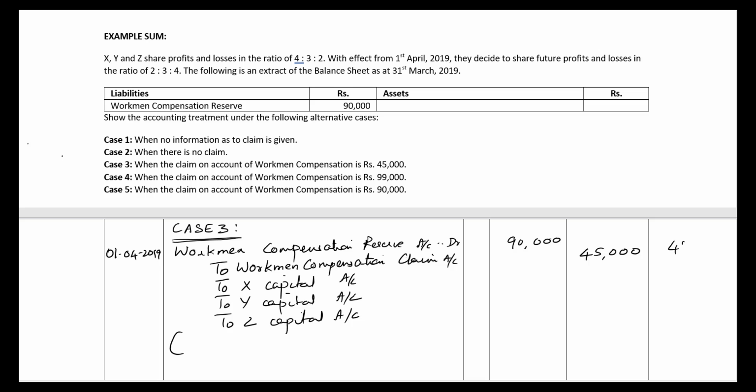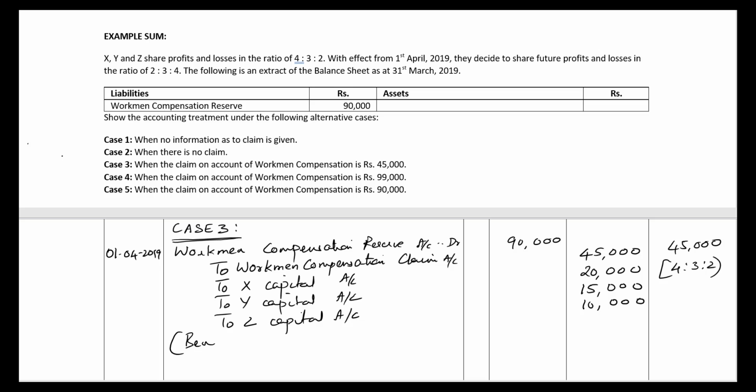The remaining 45,000 will be in 4:3:2. So X gets 20,000, Y gets 15,000 and Z gets 10,000,